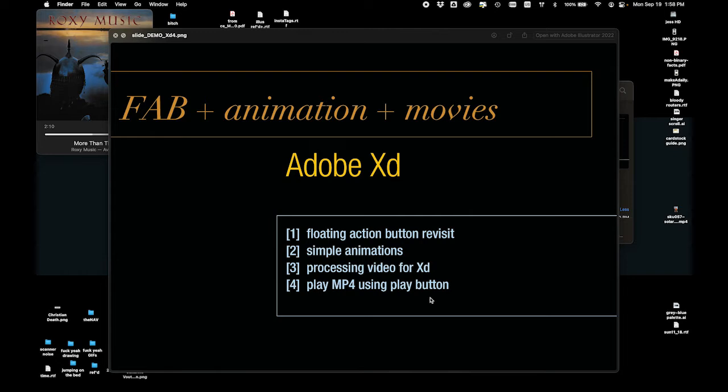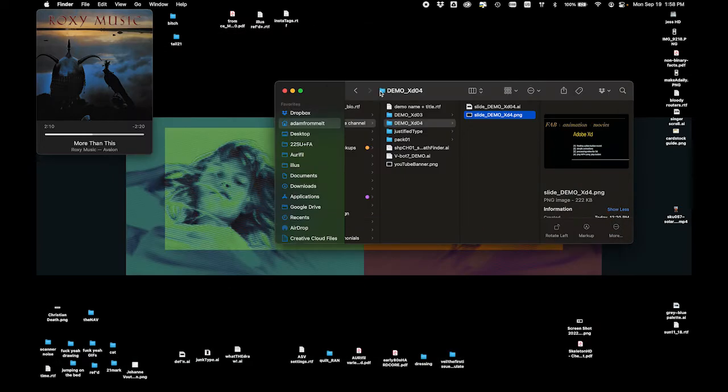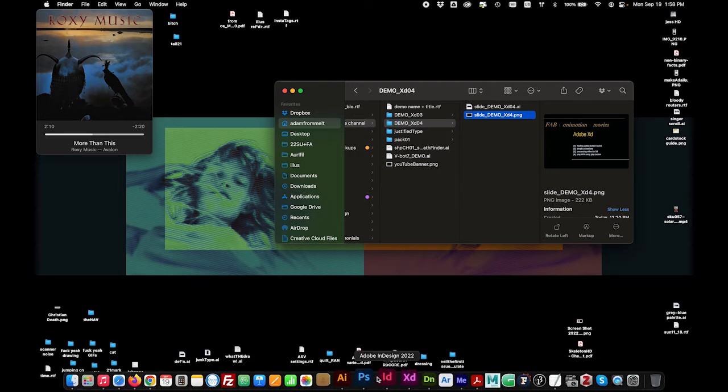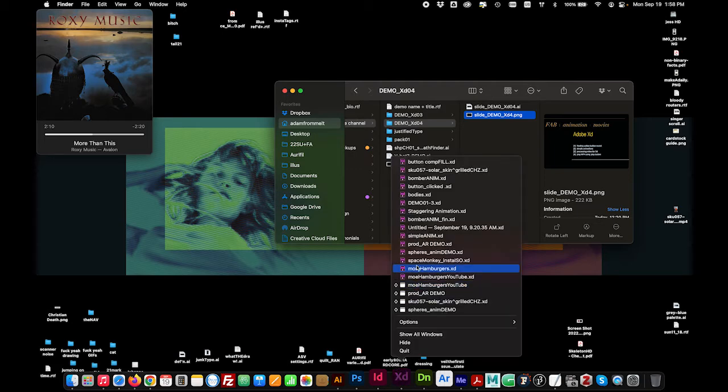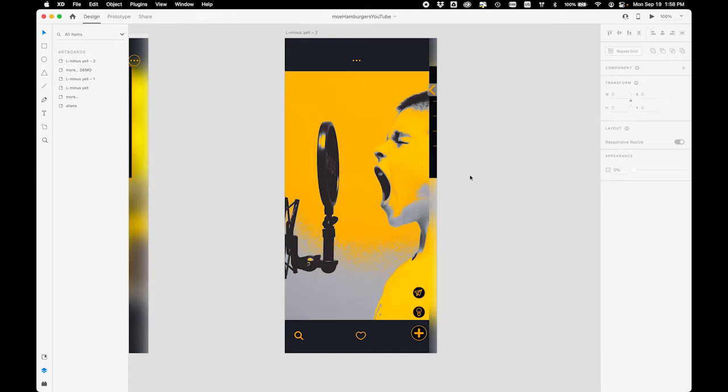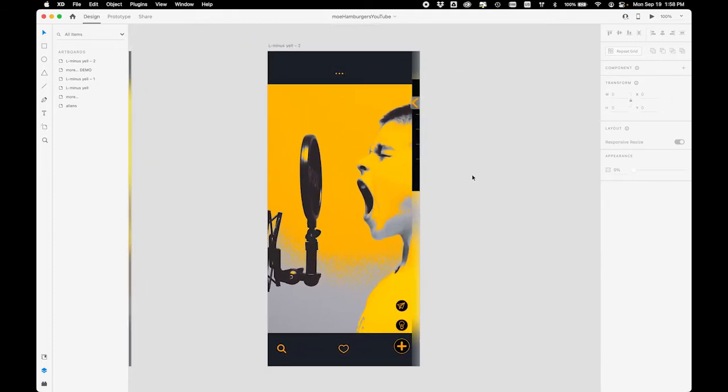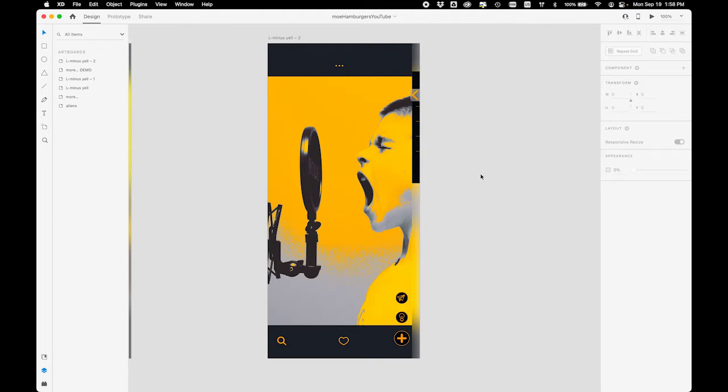and then we'll look at putting some video into XD with a play button so that you can at least start it. I won't go through the entire process of adding a play and a pause. Once you get how to nest the movie in a component with a play button, the pause is fairly straightforward. But up first, I wanted to revisit really quickly the idea of